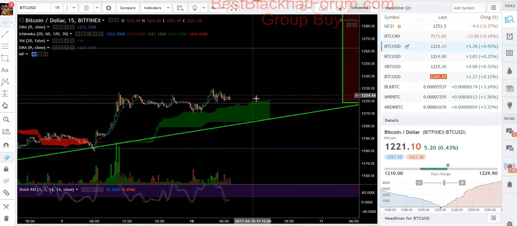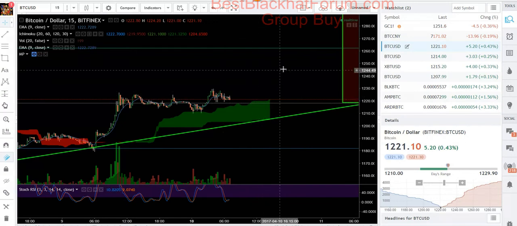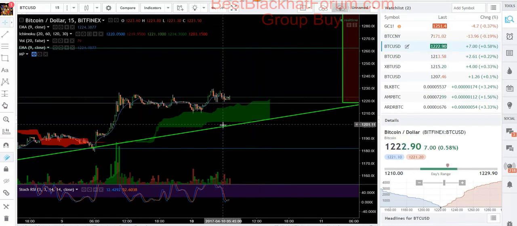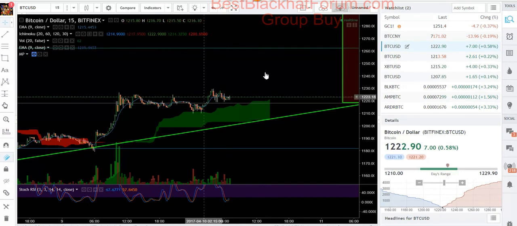So if we get a cloud bounce here, we're most likely going to bounce off of our support and continue on and work our way up. If we start to fall into the cloud, then it starts to get into the unsure zone. Okay, we're not really sure what we're going to do here yet. Is it going to work its way out of the cloud? Is it going to try to bounce off of the support line? Those are the kind of ways that you look at this trade now, because right now this still looks very